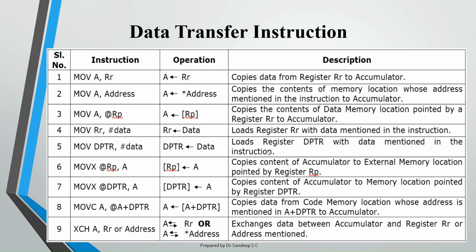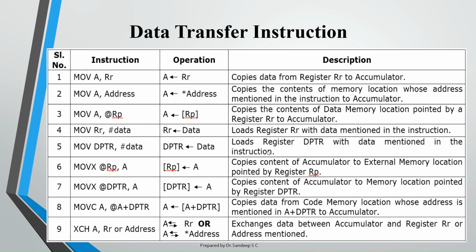First, coming to our data transfer instructions, these instructions are used to transfer the data from one location to another location. When I say location, it can be a register or a memory location. The first couple of instructions we are quite familiar with. The first one is MOV A, Rr. Rr is given, which means we can use any register there, R0 to R7. So the data from the R register is transferred to the accumulator. It is copied, basically; transferred in the sense that R also retains the original data and the same data is